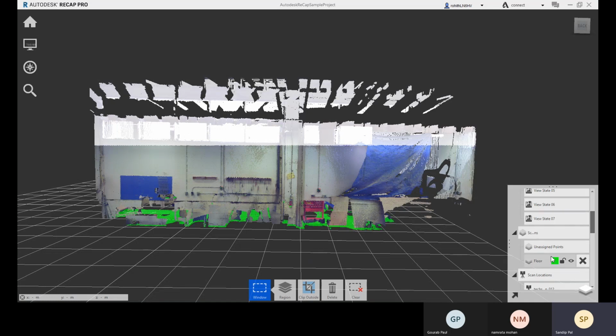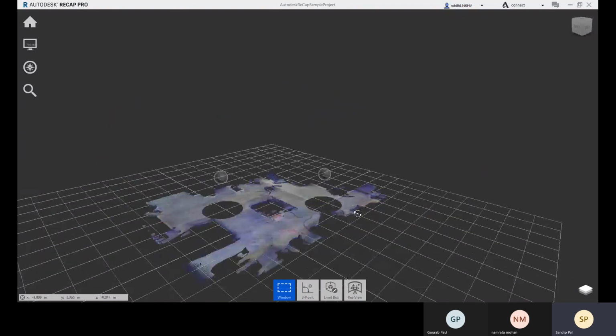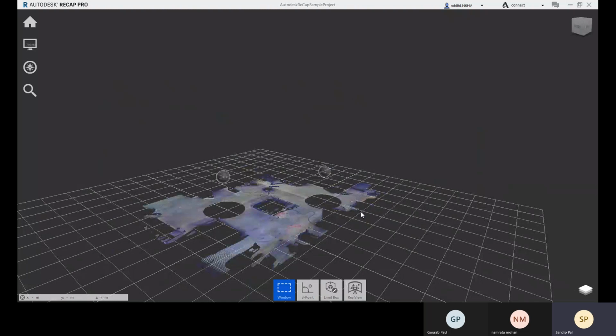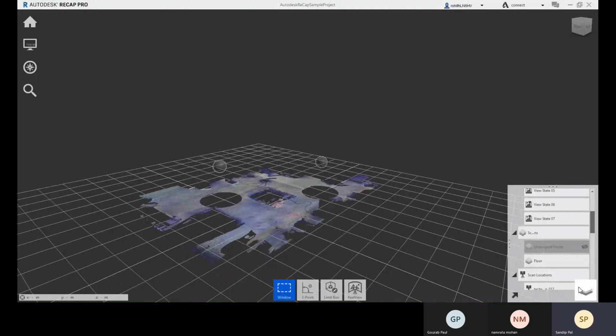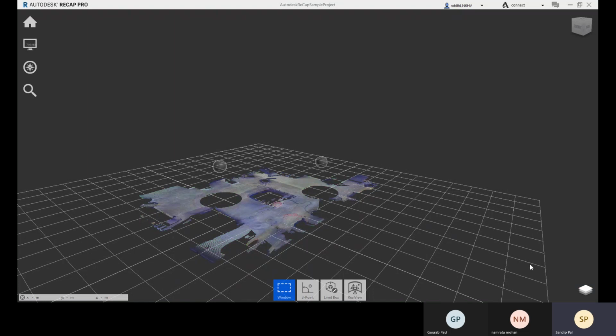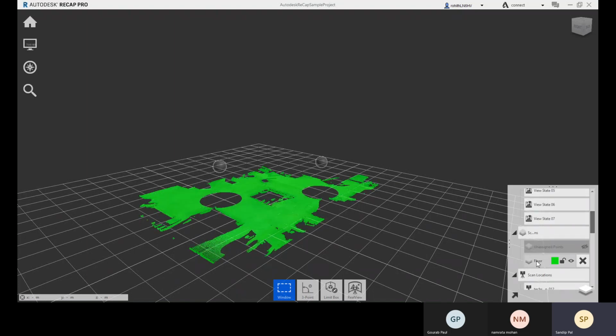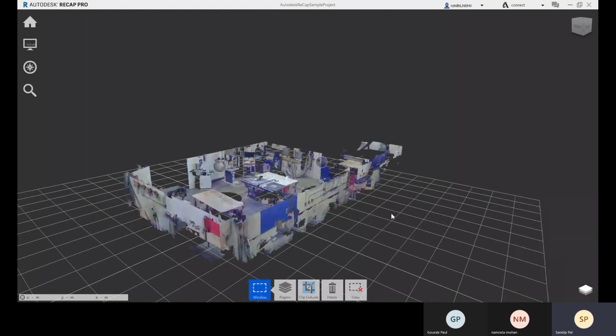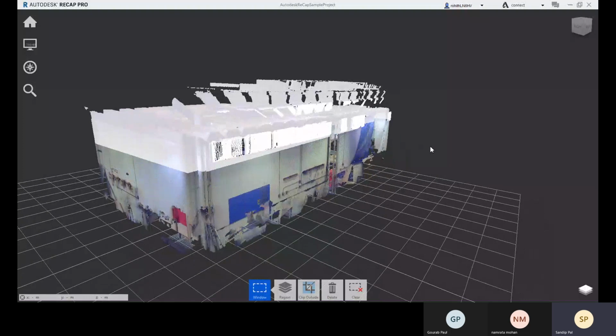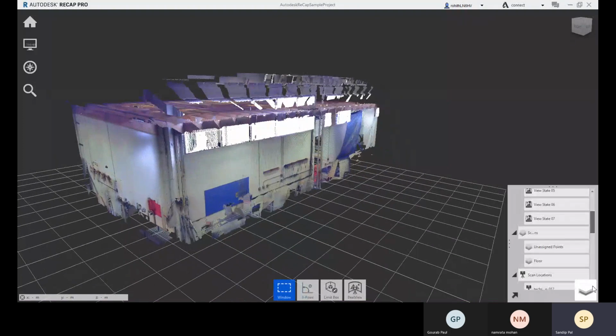So all these objects are created as floor. So now let me just show this. All the unassigned points will be hidden. So right now all the points which are unassigned to any region are hidden. And this is your floor. This is your floor. Okay, all right. So that is only visible. So here let me bring those back. Yeah. Okay, so now here what you can do, you can create a new one.